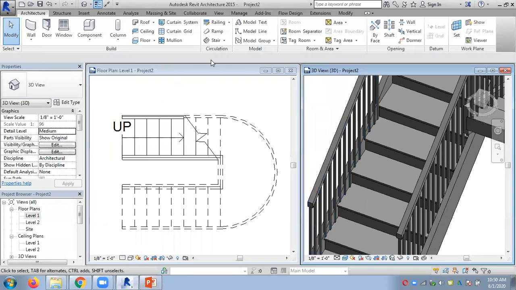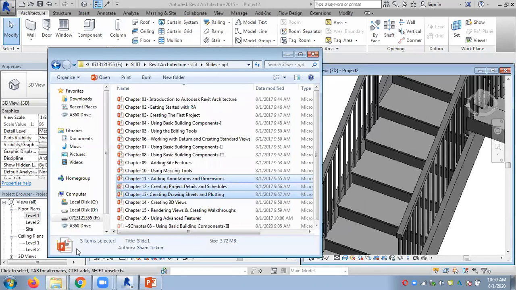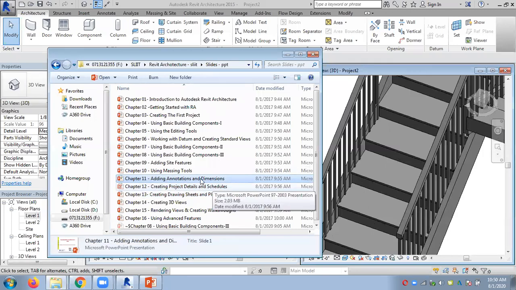Tomorrow my plan is to complete ramps and curtain systems and move on to chapter 11 and how to complete a drawing. So the schedules, QS parts we have to discuss. We have 2 more days, so I will try to complete this one. Then you have covered a lot.